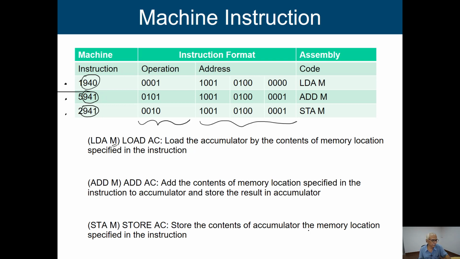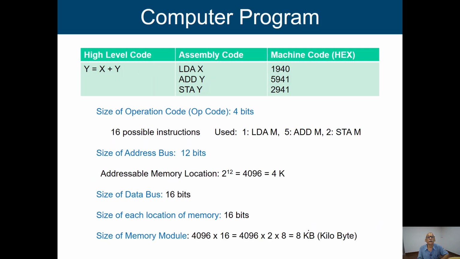Okay. Now finally, let us see what we have now. Already I have mentioned that we have different levels of computer program. One is your high level programming language. You write your program in a high level programming language like C, C++, maybe Python, or many more high level languages. Then every machine has a predefined instruction set. In this predefined instruction set, we can only use those particular instructions to perform our operation.